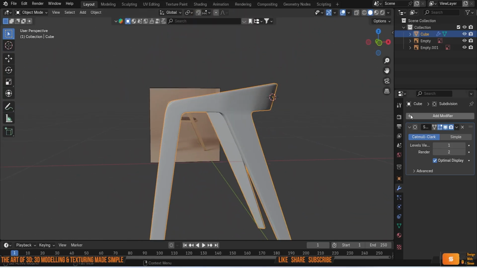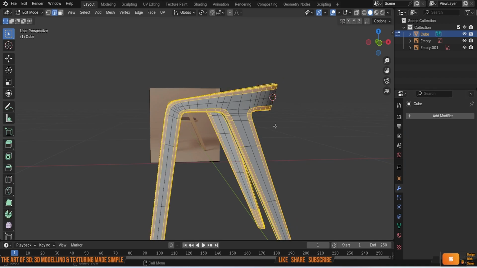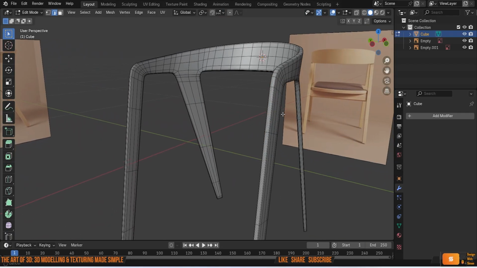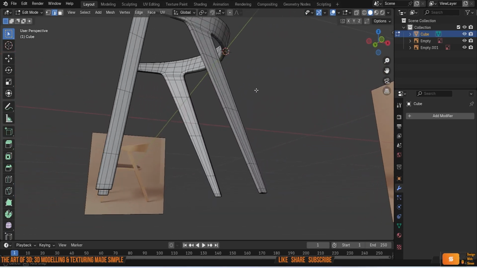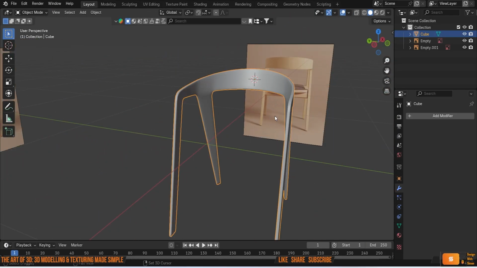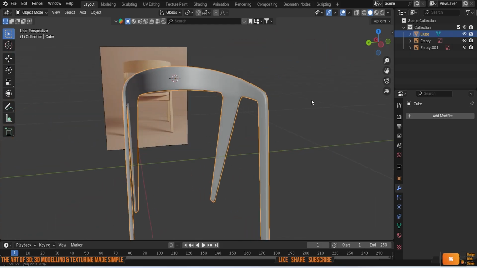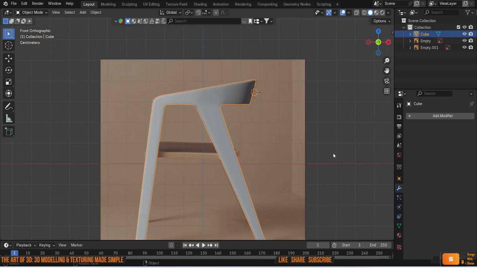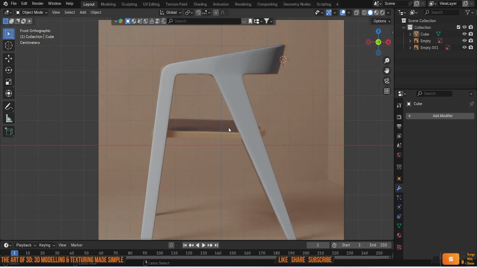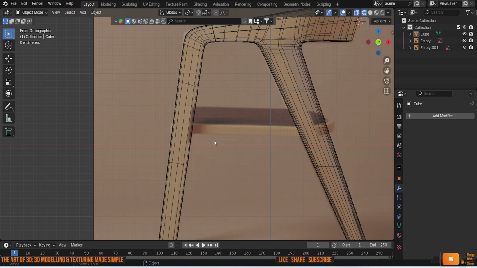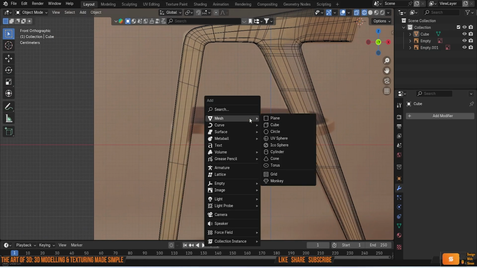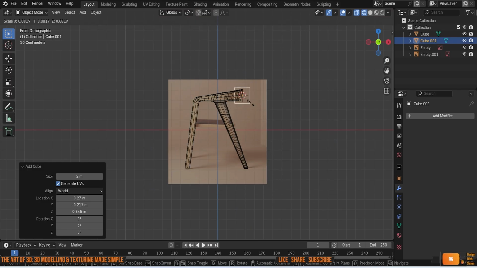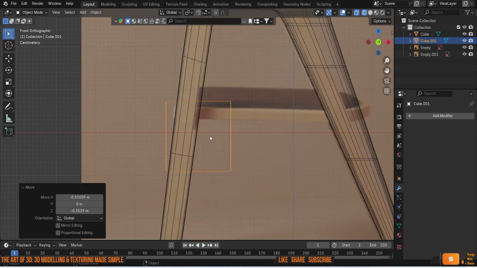So I am actually going to apply that subdivision, and you can see now it's added a few more edge loops, more geometry for me, like that. So what we're going to do is do our supporting beams where the actual base for the seat is going to go. Let's come to the front, Shift Z, first of all to X-ray, Shift A to add, and let's add a cube, S to scale it, bring this into position,